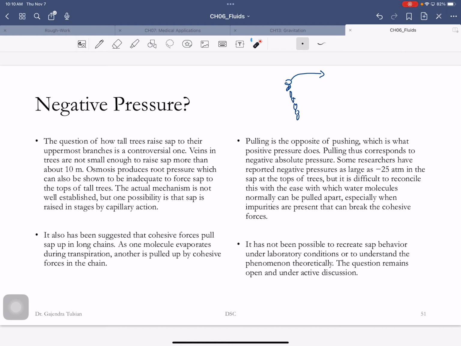All right, so that ends chapter 6. Okay, what I'm going to do is